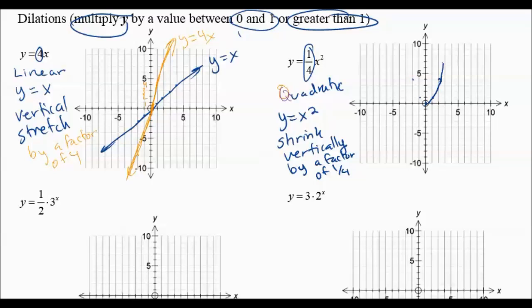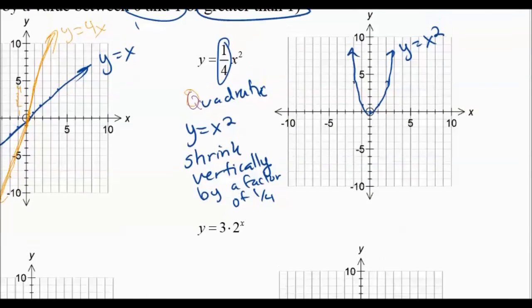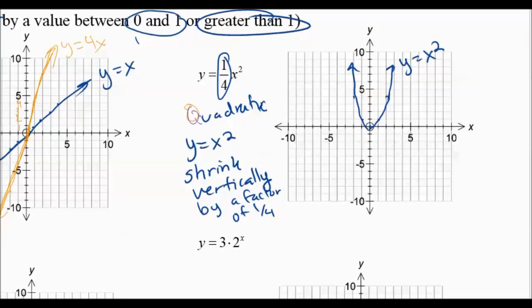Okay, so there's our parabola, and this is y equals x squared. Okay, so I'm going to zoom in now so we can see what's happening when we graph our transformation. If it's telling me to take y and multiply it by 1/4, it's really telling me to take what my y values are. So if they're 1, 2, 3, 4, 5, 6, 7, and so on,